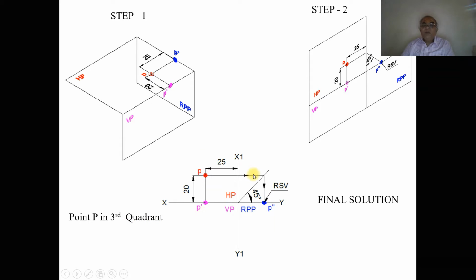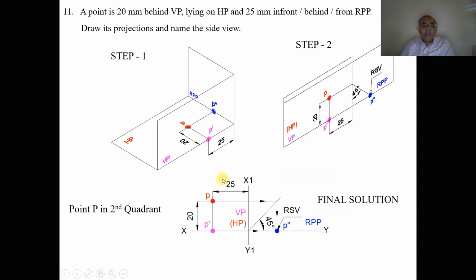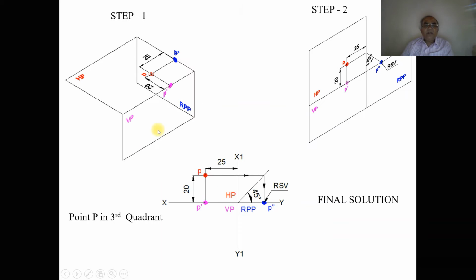This is how this problem is analyzed. But when you see both conditions, you can see both drawings will have the same sketch, except that the planes will be different. So in the examination, we can solve any one of these, and then we can say the point P lies in the second as well as the third quadrant.